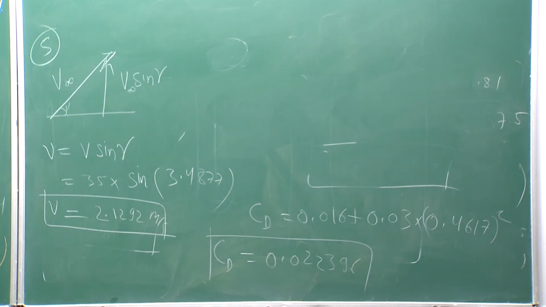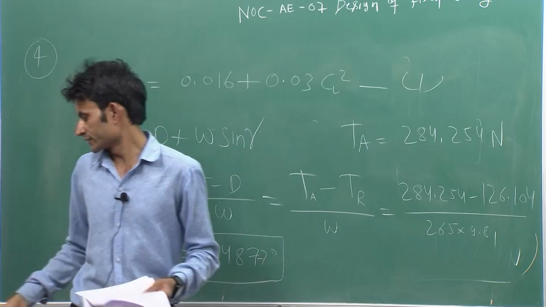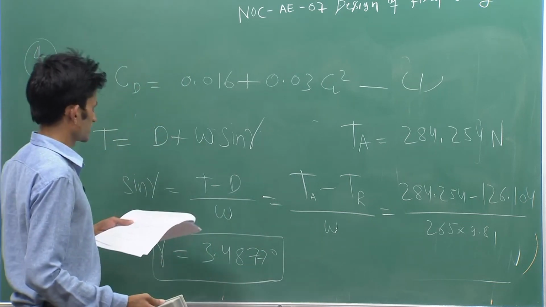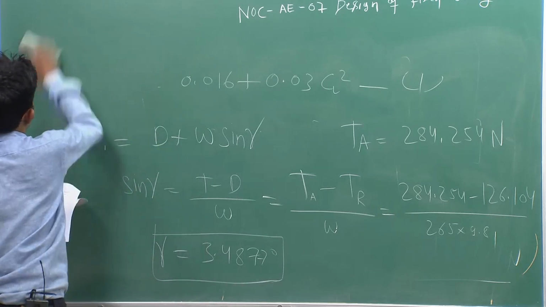In the sixth question, you have to find the fuel fraction. From 1 to 5 the data is given, and from 6 to 10 other data is given. So you have to use that data in order to get the answer from question 6 to 10. So let us write the data which is given.